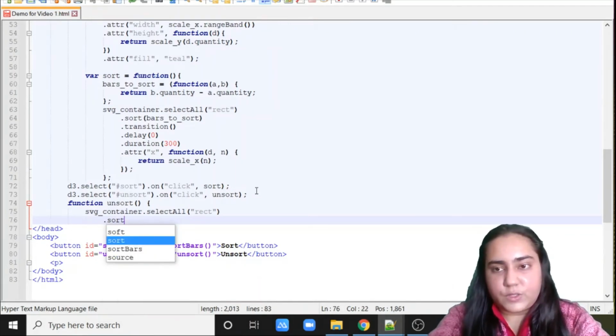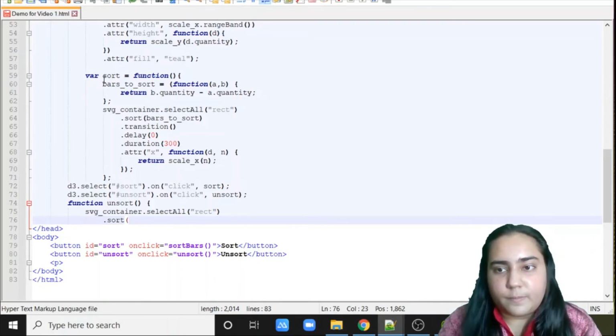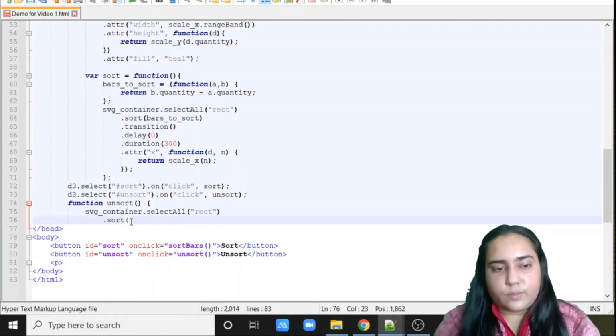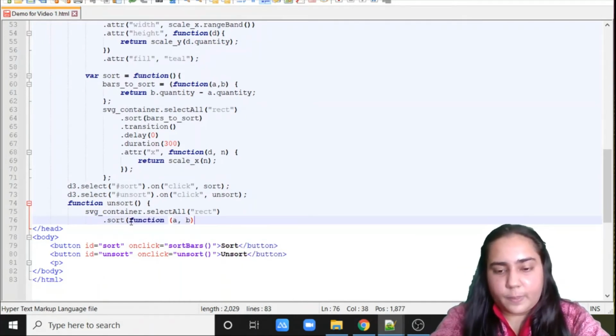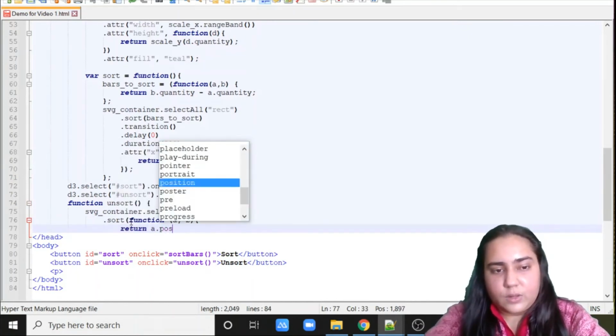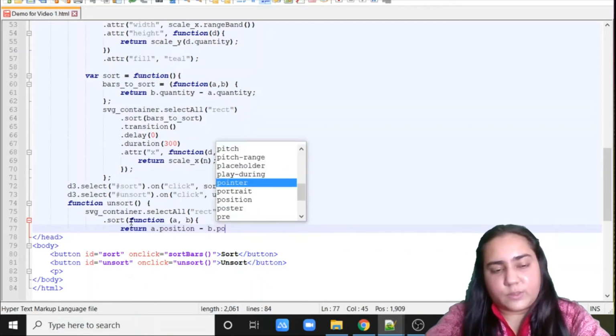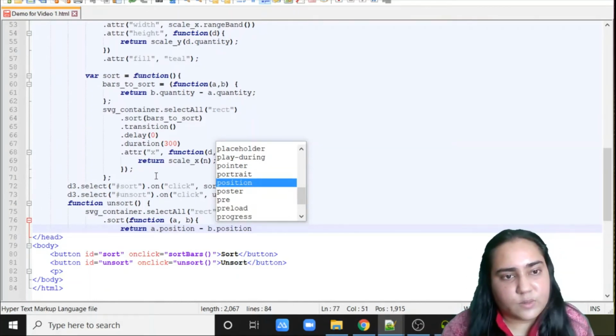Now pass the sort function once again. We're going to pass the sort function once again, just what we did before, for the bars to sort essentially. This time we are just writing .sort, okay? We want unsorted, so we are just going to first write .sort, pass a and b values. What are we going to do with that? We are just going to do a.position minus b.position. So this time, in order to do unsort, we are trying to sort it based on position because